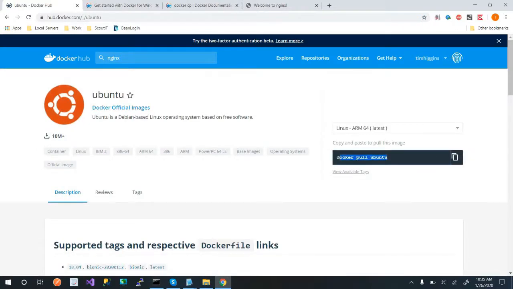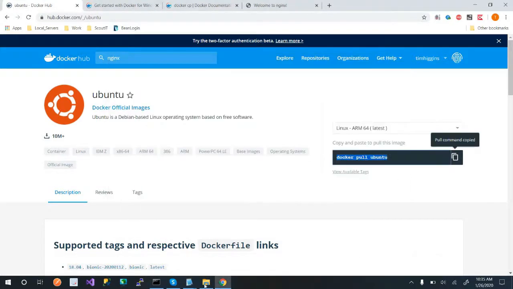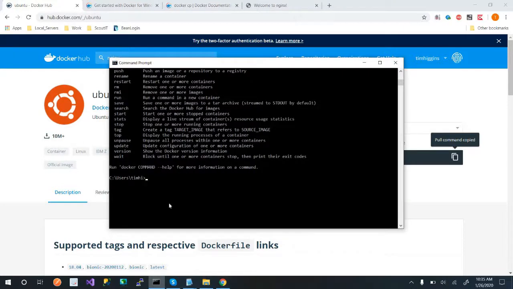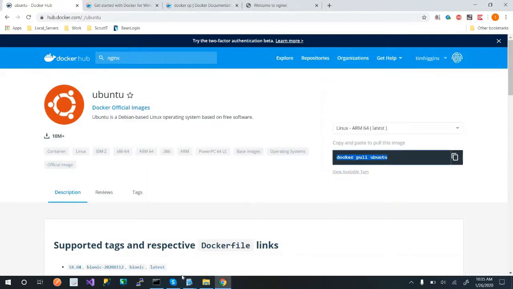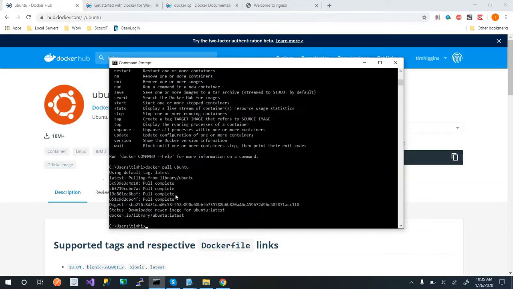I can just do this, and what that would do is pull down the image. Let's do the copy thing here. Just make sure I get it right, and then we'll go over here. All right, so I stink at that. Let's try it again. It's going to download the latest. This one's pretty fast.